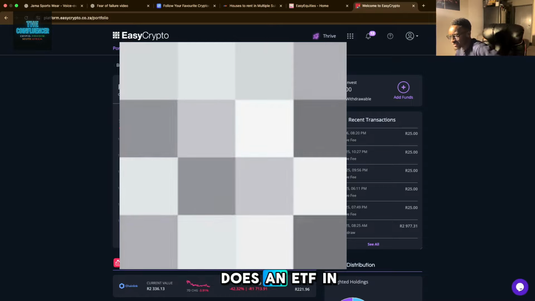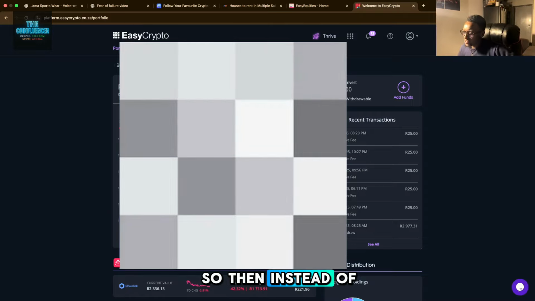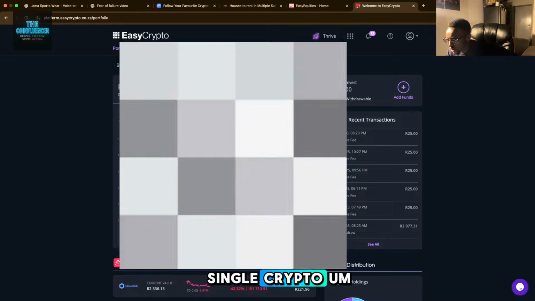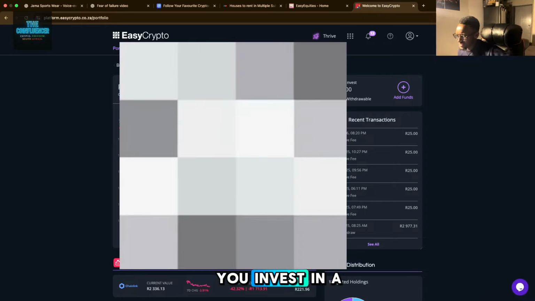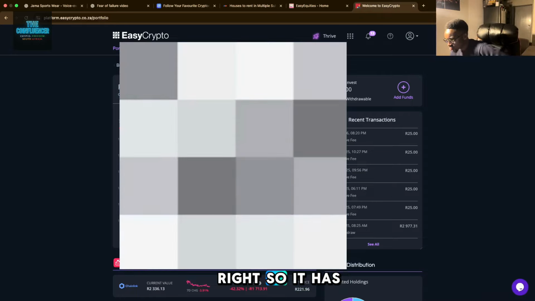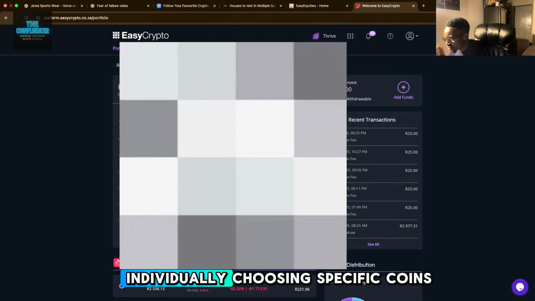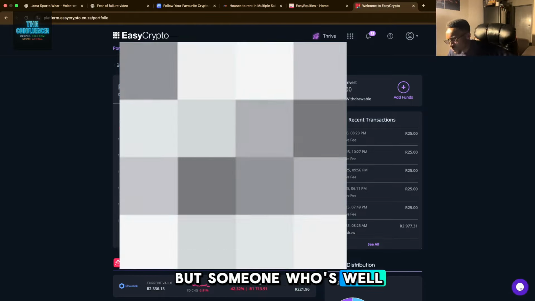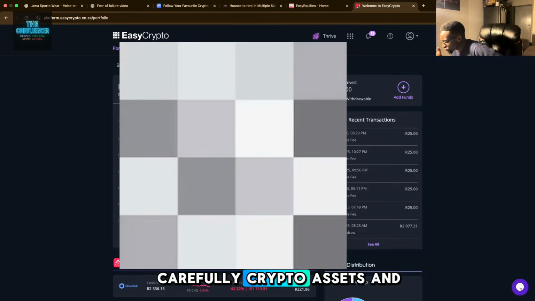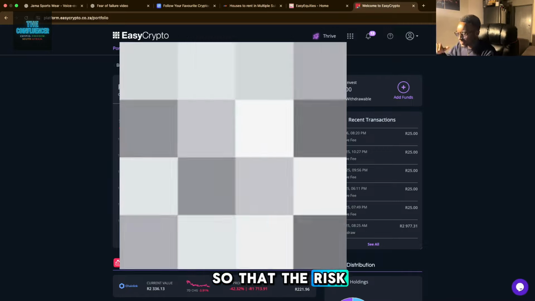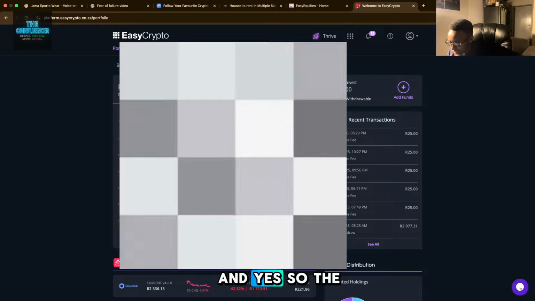Okay, so now what does an ETF in crypto look like? So then, instead of you investing in a single crypto asset like Bitcoin or Ethereum or Solana, what you do is you invest in a basket of crypto assets, right? So maybe it's not just you individually choosing specific coins, but someone who's well versed in crypto has selected crypto assets carefully and put them in one basket so that the risk is balanced enough so that the basket is safe. And yes, so the basket can be made to be riskier or it can be made